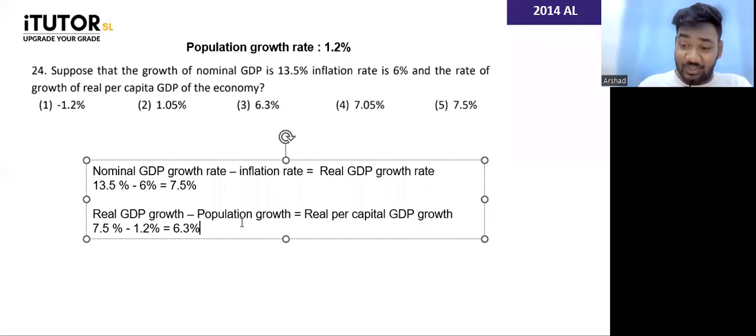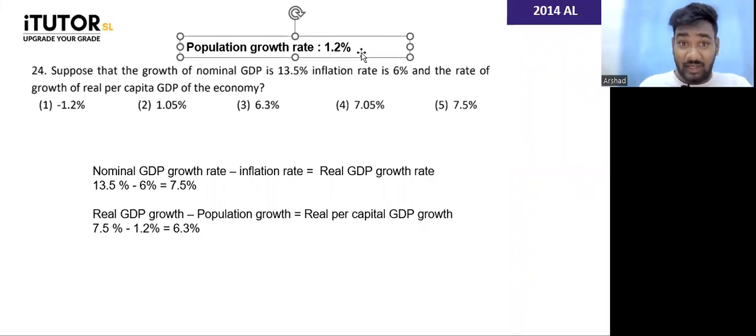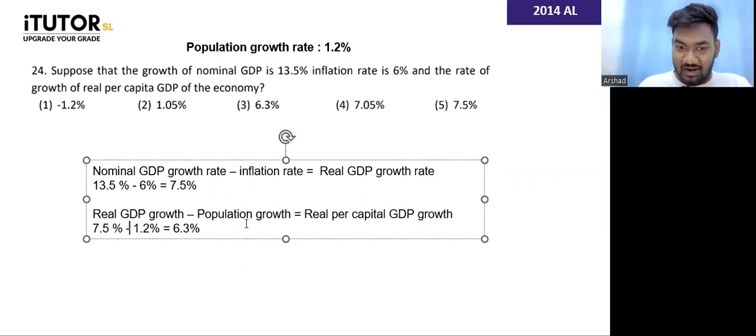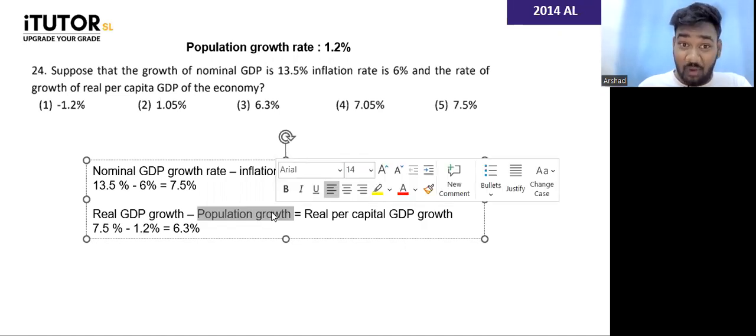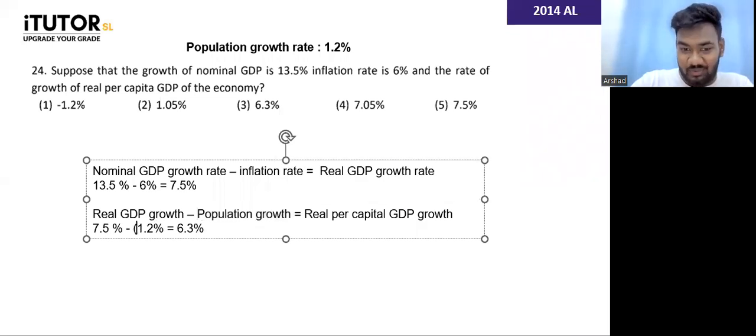Okay guys, in this question, what if instead of saying population has grown by 1.2%, I say population fell by 1.2%? Then what do we do? Here I minus the population growth. If the population growth is negative, then you will minus minus 1.2%, which means you're adding. So be very careful with those, because that's how they might change it in your year. They might not give you the same question.